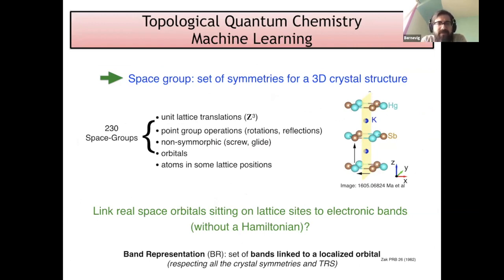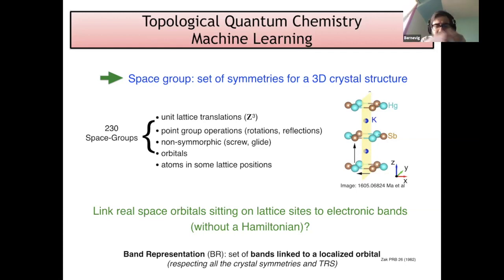This brings us to the 230 non-magnetic space groups. Very soon in the talk we'll have 1651 magnetic space groups, but the 230 non-magnetic space groups are basically tabulated, and every material in a database, if it's not an alloy, belongs to one of these symmetry groups. These space groups give you unit translations, which are given by the